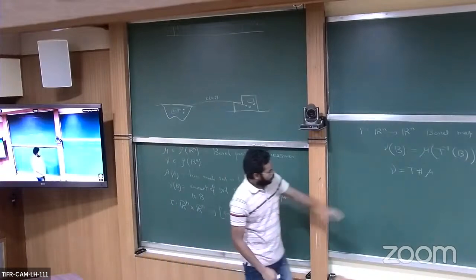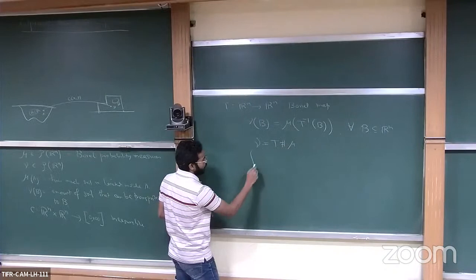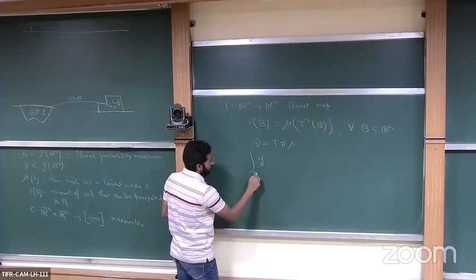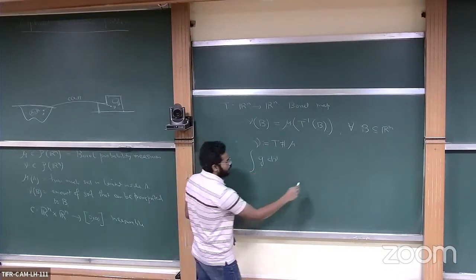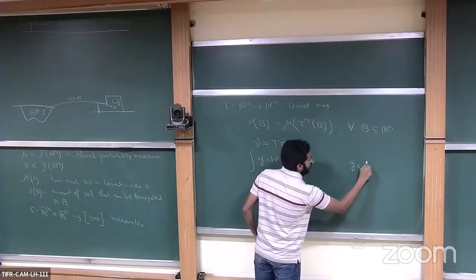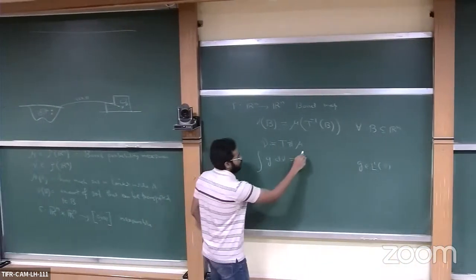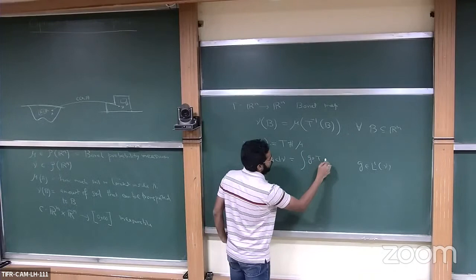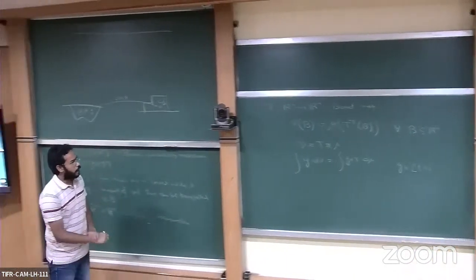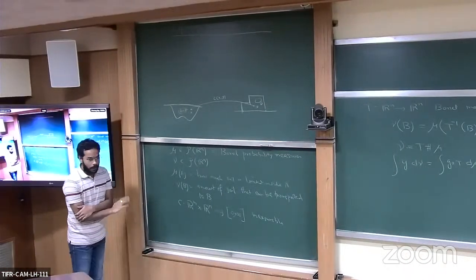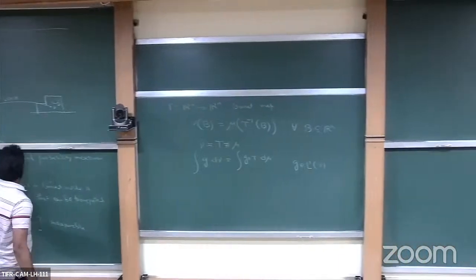And by the monotone convergence theorem, this is equivalent to saying that for all functions g integrable with respect to the measure d nu, the integral of g with respect to d nu is equal to integrating g composed with T with respect to the measure d mu. Okay, so these are all equivalent. So now let us look at what the cost is. Okay, so basically, this is modeled by